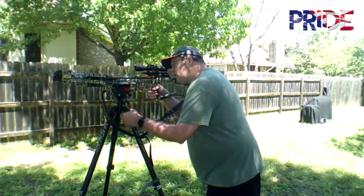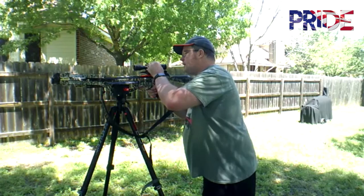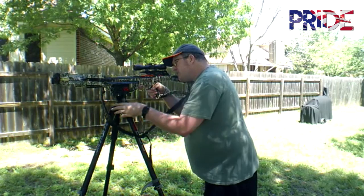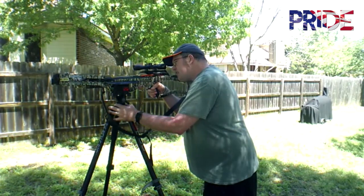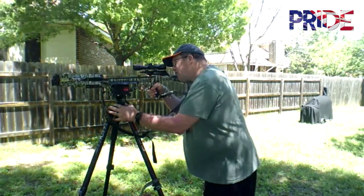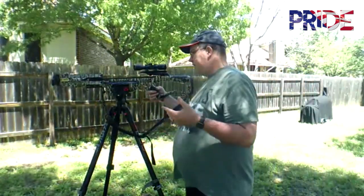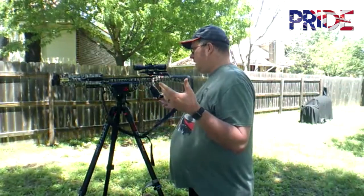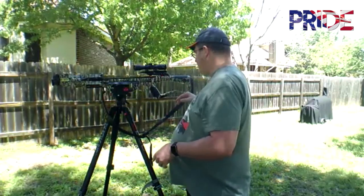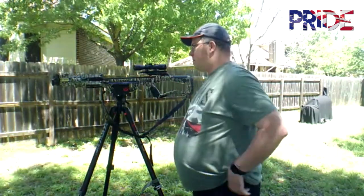Clear. I'm going to change to a different color and see if that changes anything here. I'm going to go to 5 because it's bright and light outside. Yep, there we go. Very, very easy to shoot. The trigger's very light. It's got a nice camo pattern on it. It's got side rails on either side and then a bottom rail. It's got a sling swivel mount. I put a new sling on it. It didn't come with the sling, but overall this is just a great crossbow package